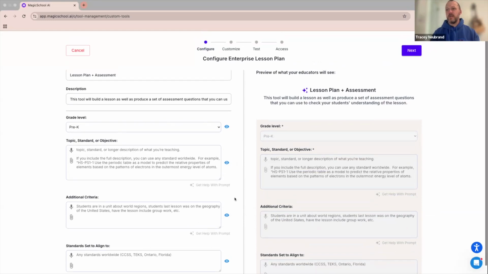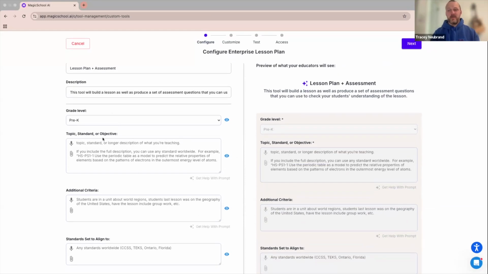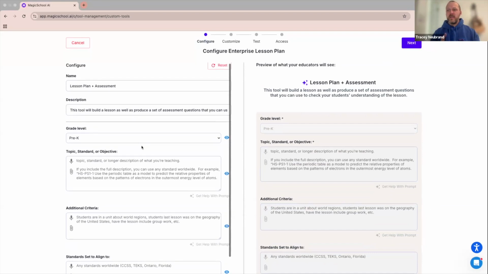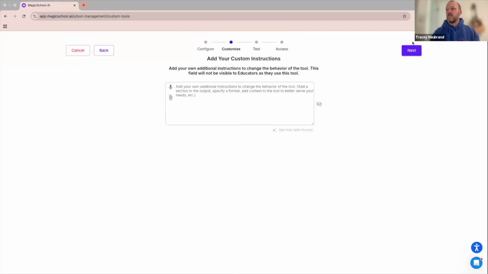And for our lesson plan generator, we actually want folks to see each and every single one of these fields because we want them to be able to build lessons that fit their needs. So you wouldn't want to hide any of these fields. The additional piece here, when you click next, is you have an opportunity to write some custom instructions for this lesson plan generator that will allow you to add on to the outputs that you would typically get from the lesson plan generator. And in this case, what I'm going to do is add a set